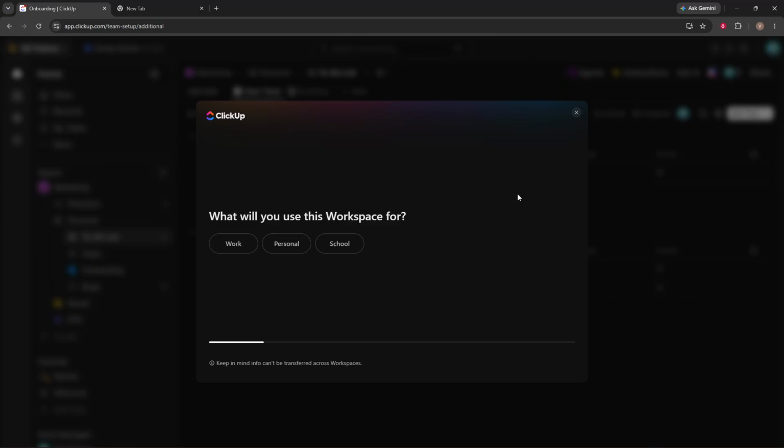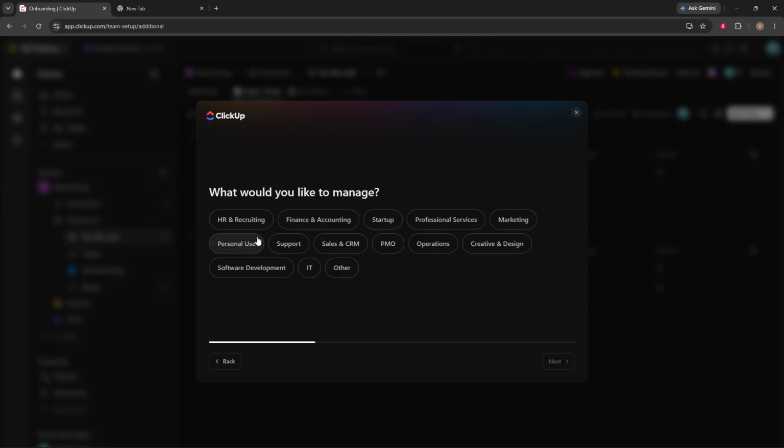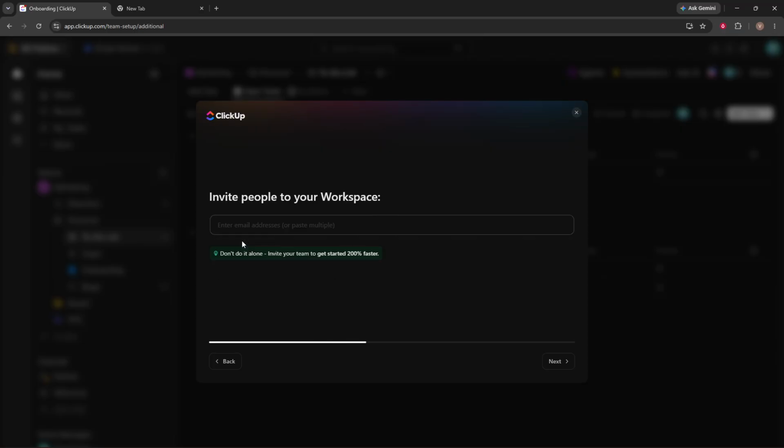ClickUp allows you to create multiple workspaces, which can be helpful if you want to keep different types of work separate, like personal planning, business operations, or client projects. After you click to create one, ClickUp will guide you through a short onboarding process. As you move through the setup screens, choose the options that best match how you plan to use your new workspace. These selections help ClickUp tailor the experience to your needs, so it's worth taking a moment to pick the